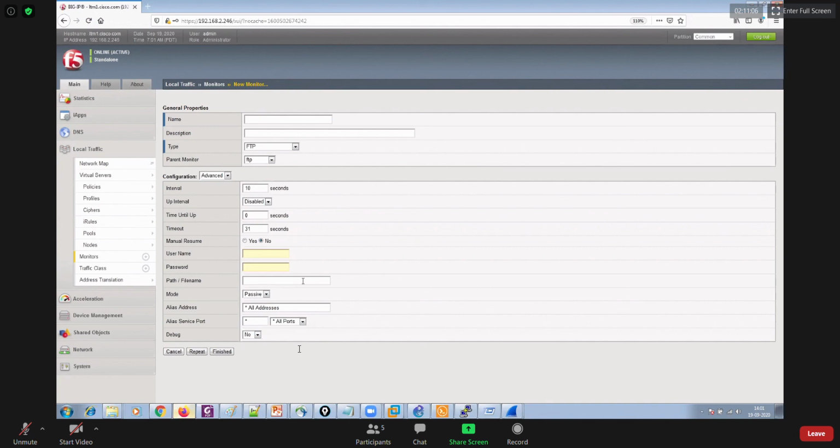Okay. Now, you also have passive monitoring. In passive monitoring, your requests are being generated by clients, and those requests are hitting your virtual server, and you have attached your pool to the virtual server, and the pool is distributing those connections among all of the pool members.